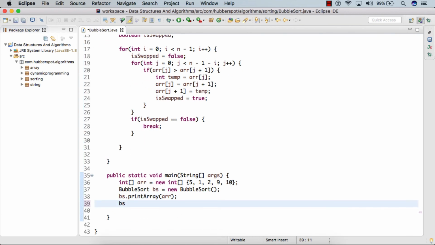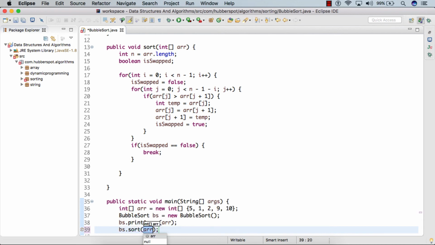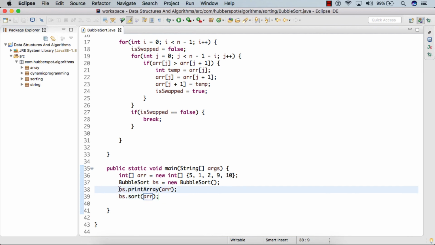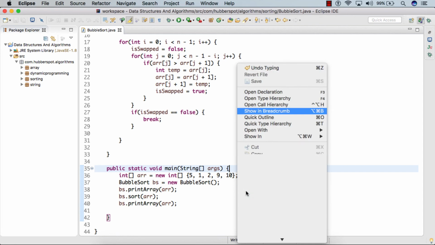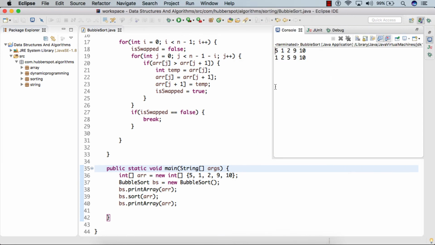Here we simply call the sort method and provide the array. After we have performed the sorting, we print the array again. If I run the code now, you can see initially the array was 5, 1, 2, 9, 10, which is the content of the array before sorting.